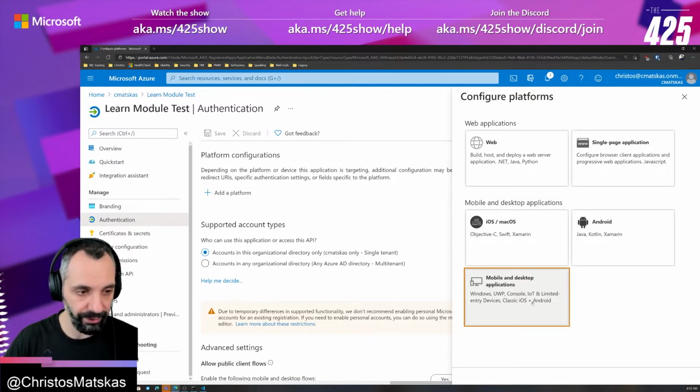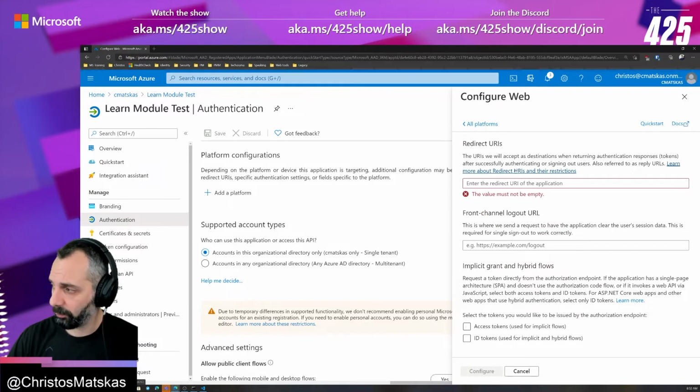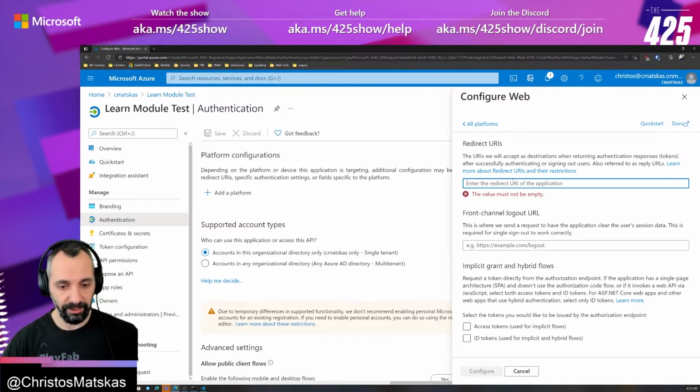And for all these, we have the corresponding libraries to allow you to go and build stuff. So for web, let's say we are going to use .NET Core for this example, then you need to pass a redirect URI. And because React is a SPA, well, React Native is the one that,